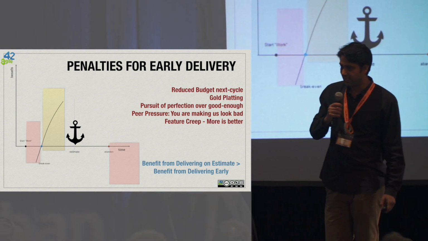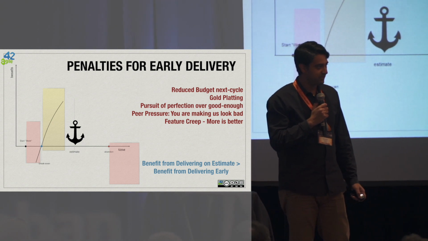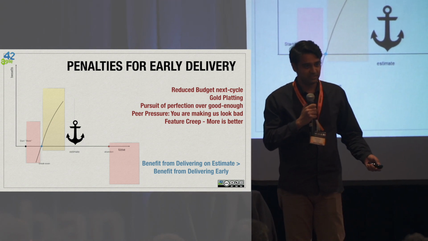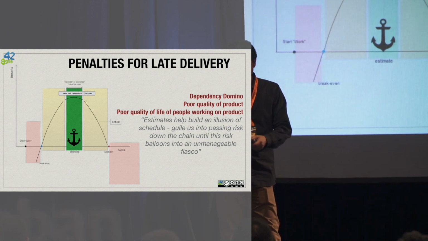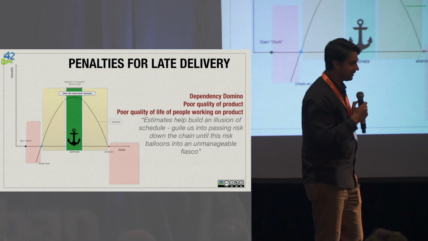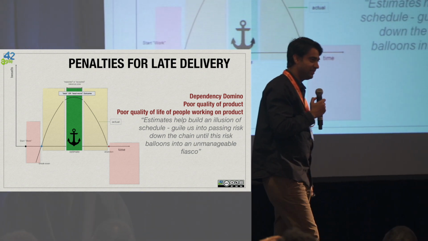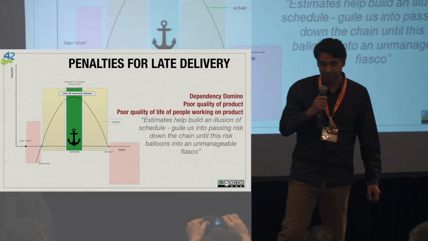So by definition, having an anchor called an estimate, you are going to erode the benefits of early delivery because you have the estimate anchor. On the other hand, if you move past the anchor, and now you're late, you're going to put quality defects into your product. In other words, by estimating, you're going to create a dependency domino because there are people believing in your estimate more